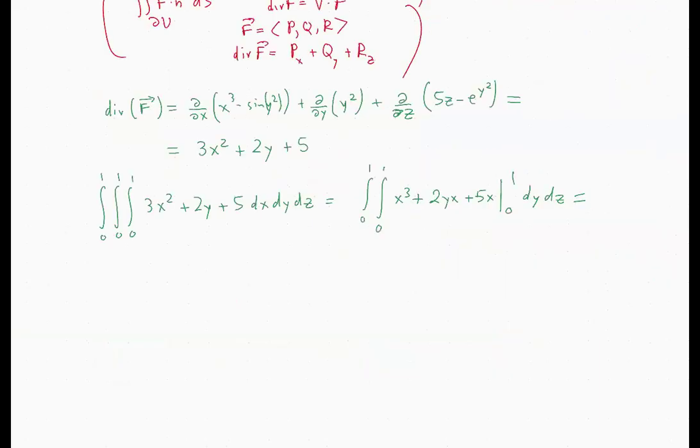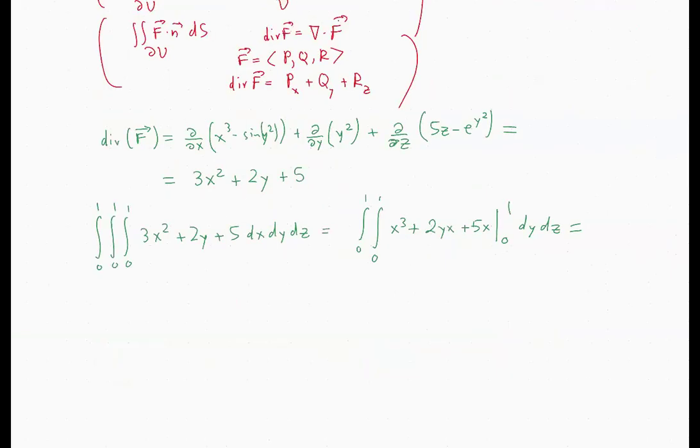So this will be the integral from 0 to 1, 0 to 1, of 1 plus 2y plus 5 dy dz. So it's 2y plus 6 to make our life easier. So this will give you the antiderivative y squared plus 6y from 0 to 1, and then the integral dz, which will give you the integral from 0 to 1 of 7 dz, which will be